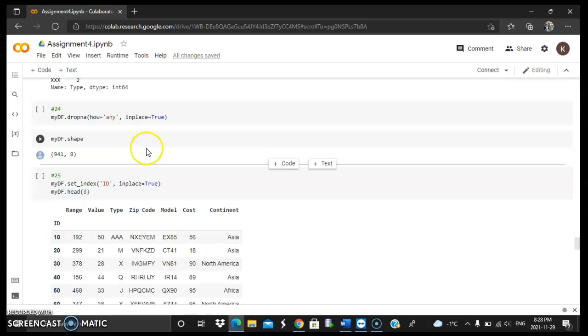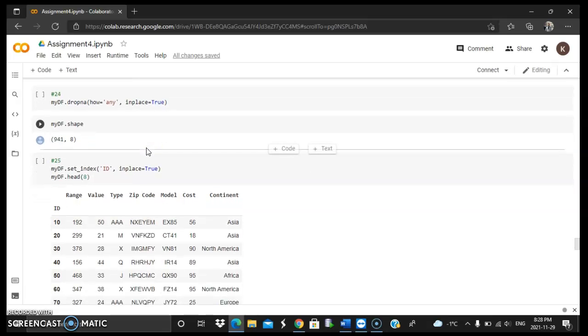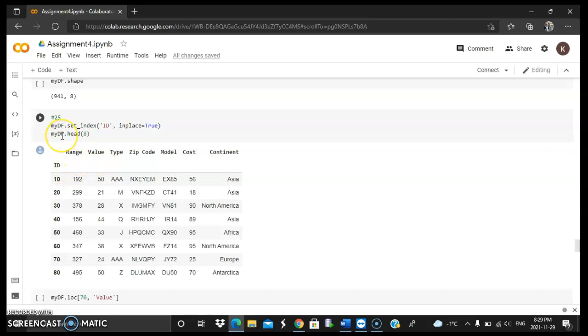So, moving to question 5, the ID column as the index name, then show the value of the first 5 rows. Okay, so you can clearly see we set index as ID and we replace the index with the ID, and we were supposed to show the given number of rows, which is like 10, 20, 30, 40. So every 10th value, and this is how the result comes out.